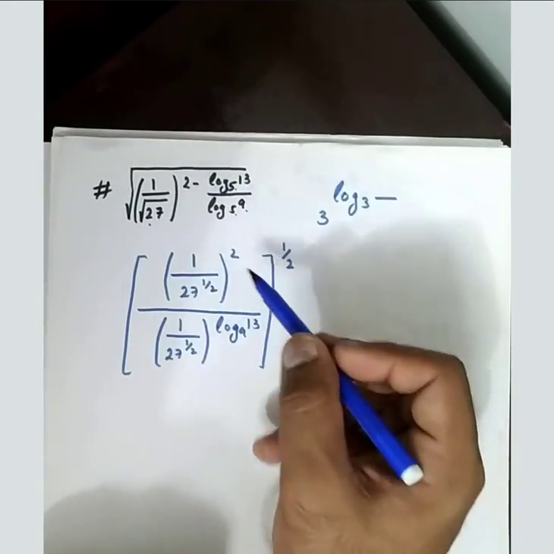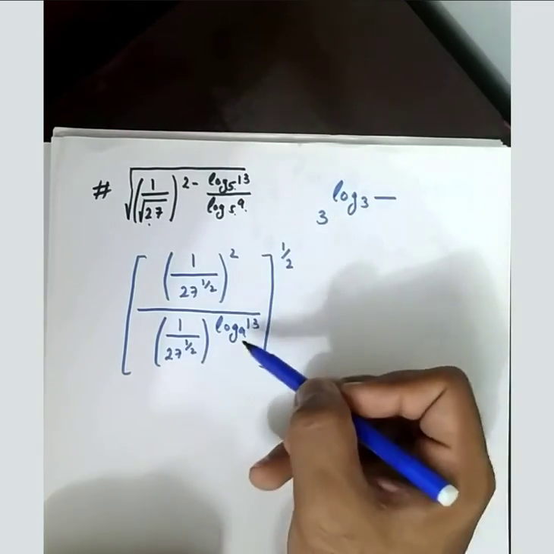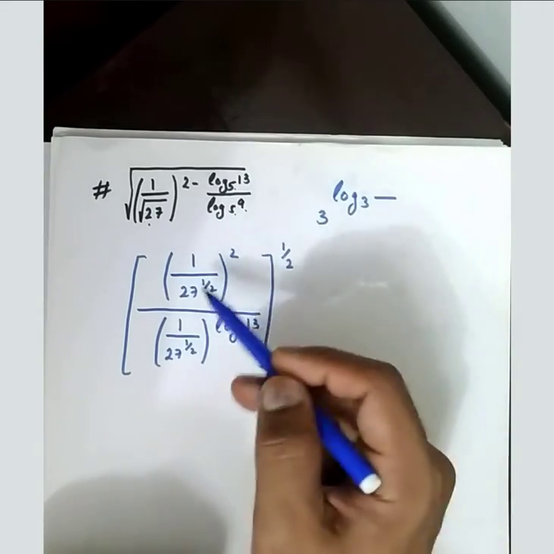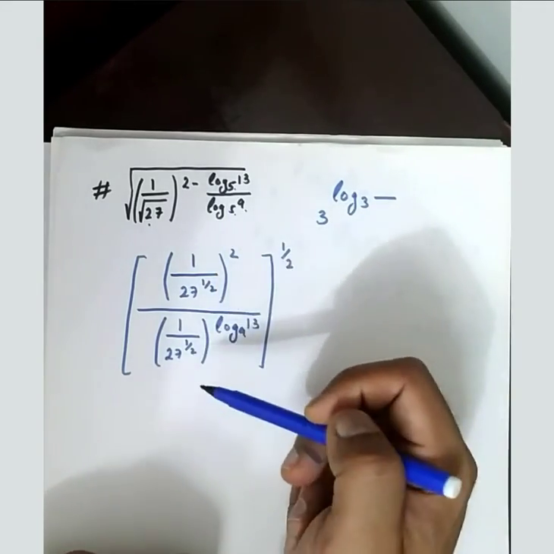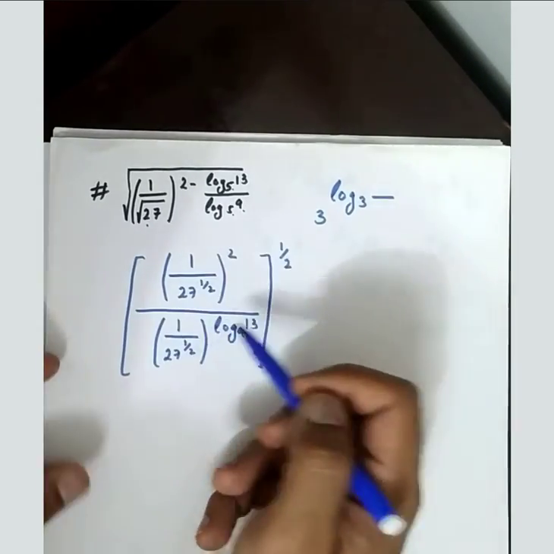स्क्वायर रूट बन गया हाफ, ये 1/27 की पावर हाफ की पावर 2, 5 एलिमिनेट कर दिए तो log 13 बेस 9 बन गया, सिंपल बेस चेंज थ्योरम का रिवर्स प्रोसेस से। और ये माइनस की पावर थी वो डिनोमिनेटर में चली गई। अब गेम काफी आसान है, कांस्टेंट ये वाला अलग कर देते हैं, log को अलग सॉर्ट करेंगे